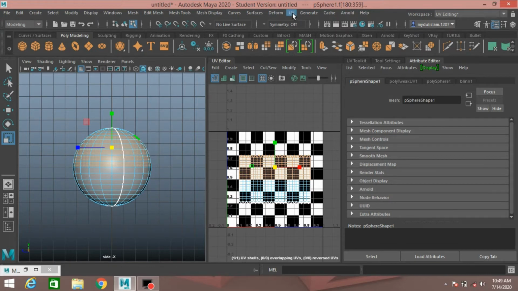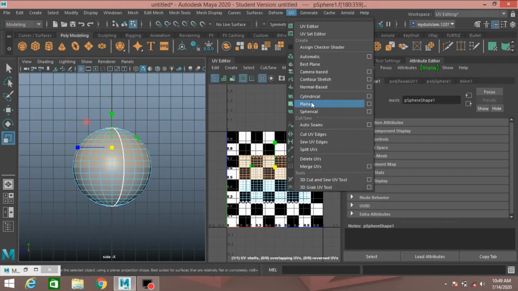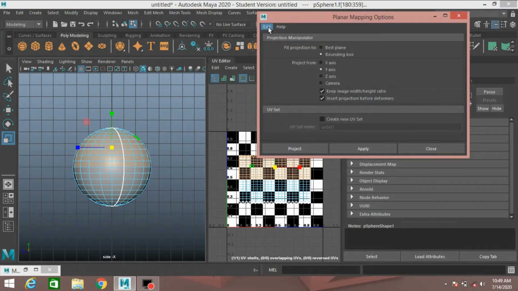Now go to UV planar, edit, reset the setting, select y-axis and click on this box, keep image width and height ratio. Click project.